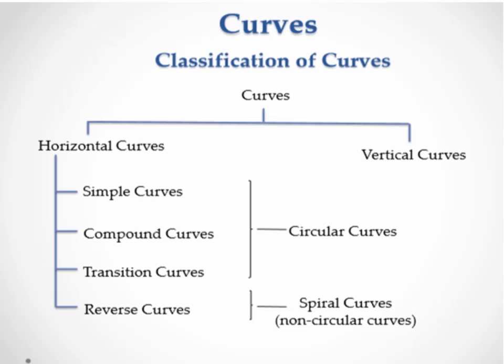In vertical plane, vertical curve is provided. So we know that horizontal curve has four types: simple curve, compound curve, transition curve, and reverse curve. You see that simple curve, compound curve, and transition curves are circular curves, and reverse curve is of the types of the spiral curve. Vertical curve